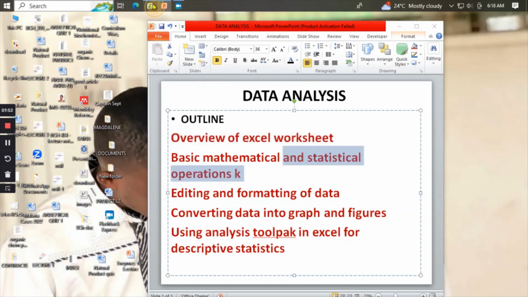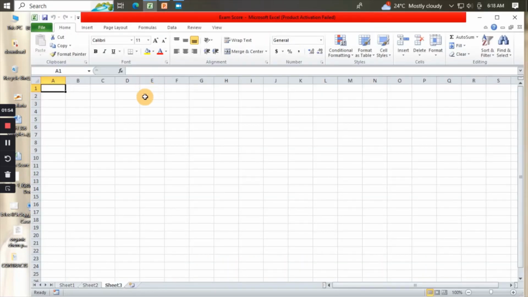So basically, that's how Microsoft Excel looks like. It has a ribbon which is made of several buttons which can be activated, or some of them are already activated. Shown here are ribbons that display a lot of icons, or buttons, which when pressed, each of them generates a particular